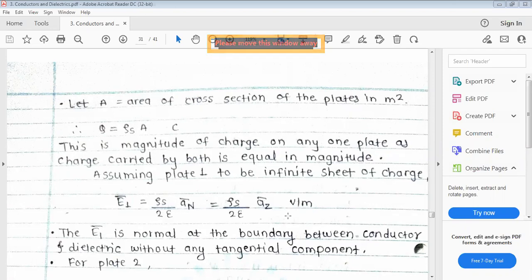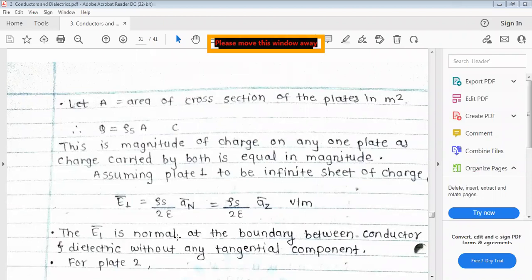Remember these equations, because from electric field intensity, one equation is compulsorily asked in the examination. Either for sheet charge, for line charge, or for circular ring, one of the three equations is compulsory. The derivations are long but easy, so study them. Okay, then